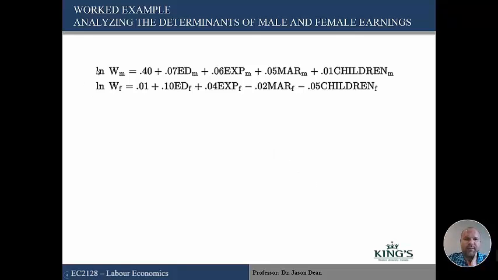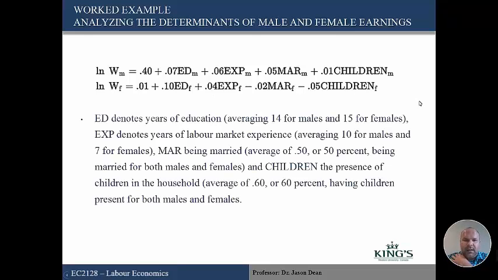So suppose we have two estimated regression equations. Ln Wm is equal to this. So here we have education, experience, marital status, and number of children, because these could be factors that influence the wage. For females, we have this equation, and so here we see that